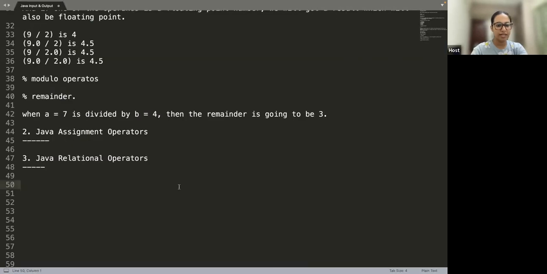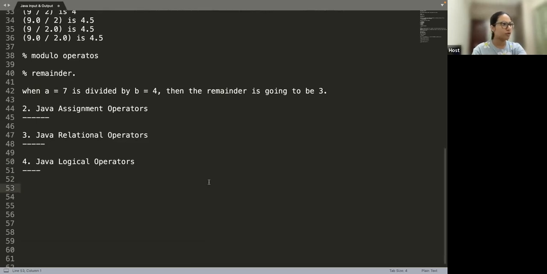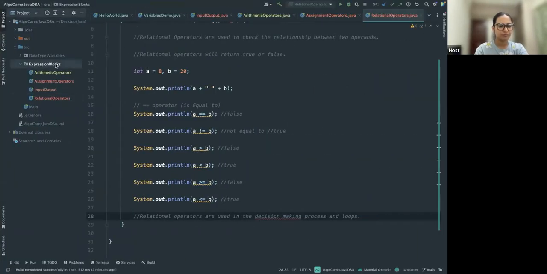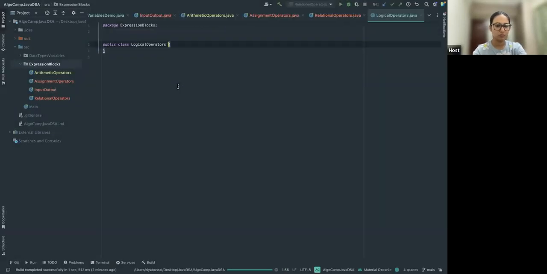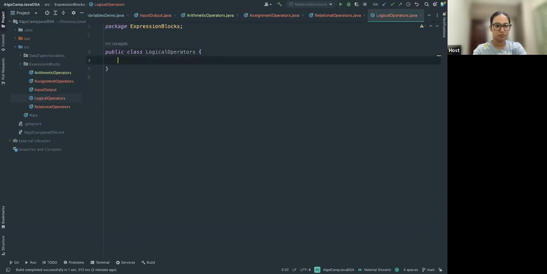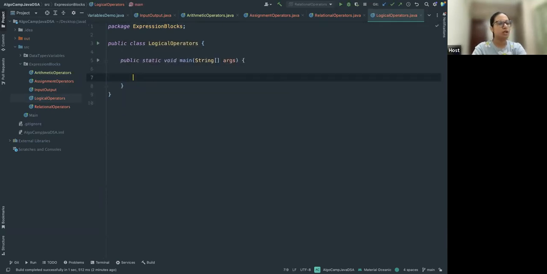Awesome. So once we are done with this, the next one that we have is Java logical operators. Okay, so when we talk about logical operators, understand that logical operators are basically used to check whether